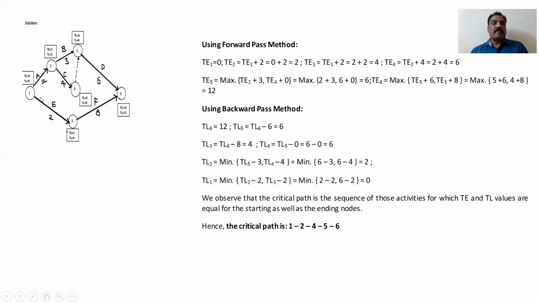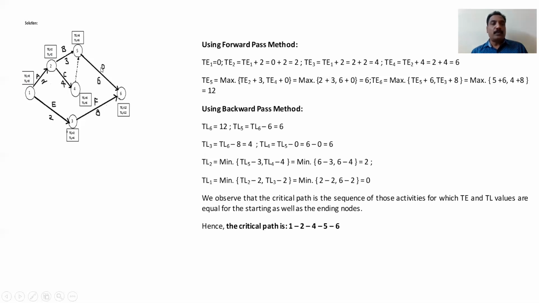I'll show you. See, this is one event, event 1. So the starting event, always you keep it as 0. That can be denoted by TE1 or E1, or simply TE you can write. Notations are no problem here. TE1 means the starting event is always 0. It is default. By default, you can keep 0. Starting event is 0. TE1 is always 0. I've written here, TE1 is 0.